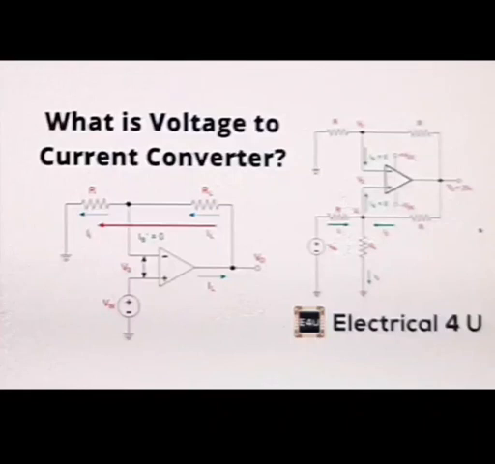This is the V to I converter, that is the voltage to current converter. This circuit is instrumentation for the analog representation of certain physical quantities. DC current is preferred. This is because the DC current signal will be constant throughout the circuit in the series from the source to the load.